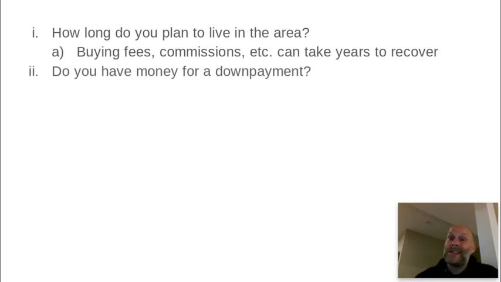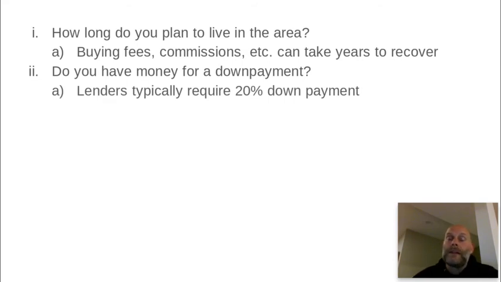Second of all, and this is a big one, especially nowadays, do you have money for a down payment? Most lenders won't talk to you unless you have at least 10% to put down. And depending on the cost of the home you want to buy, that can be extremely significant. You want to buy a $500,000 house, that means you need to have at least $50,000 in cash saved up. A lot of people can't do that. A lot of people don't do that. So you have to consider that as well. If you just don't have the cash, buying may not be possible. Forget smart versus not smart, but it may just not be possible. It might not be an option.